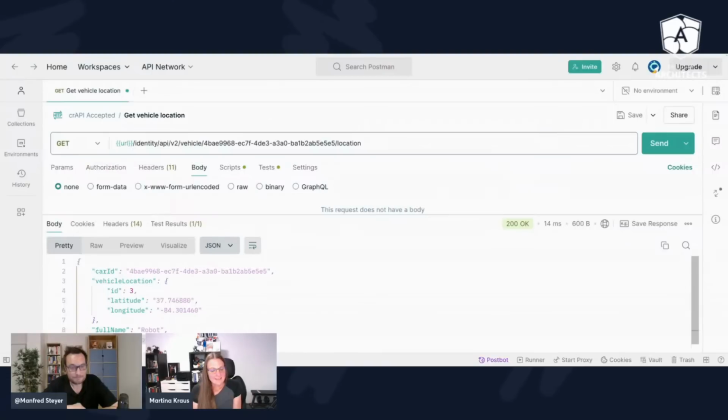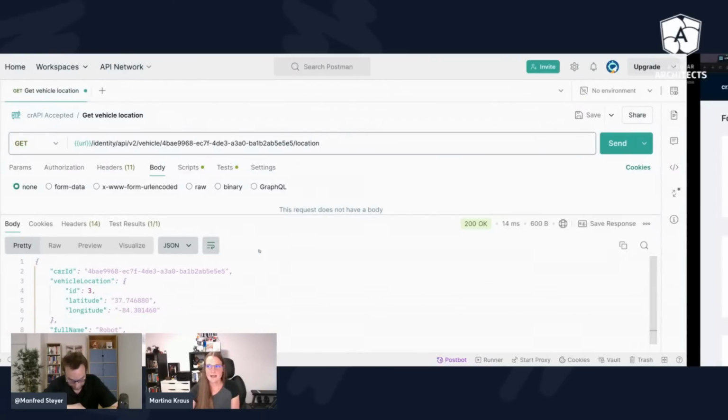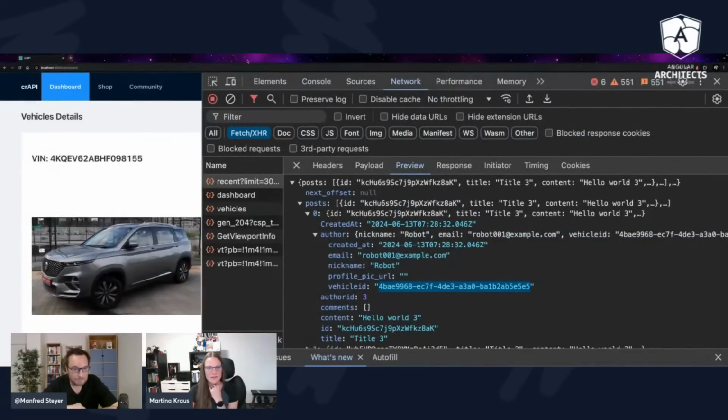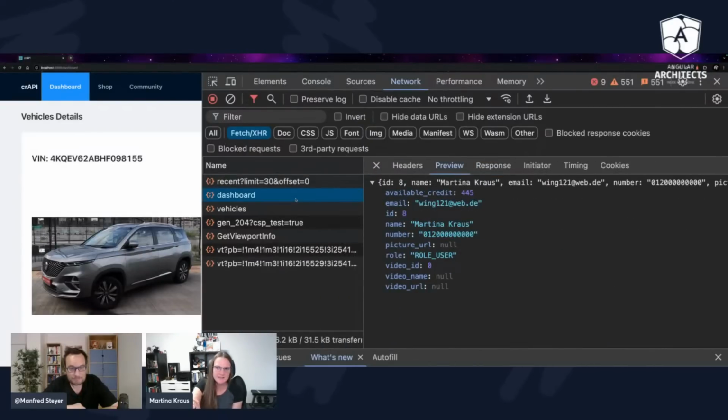My last attack I'd like to show is about manipulating a JWT. For that, I want to take a look into an API request that looks like, for instance, a dashboard.